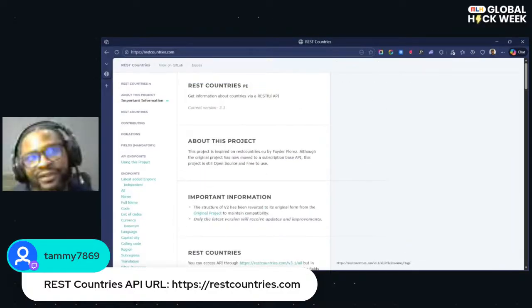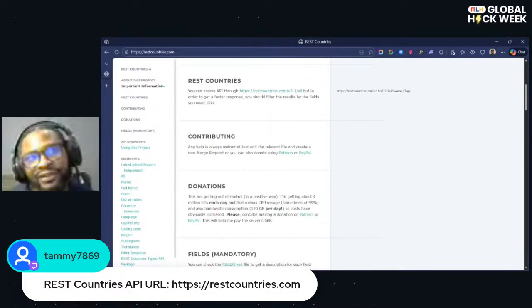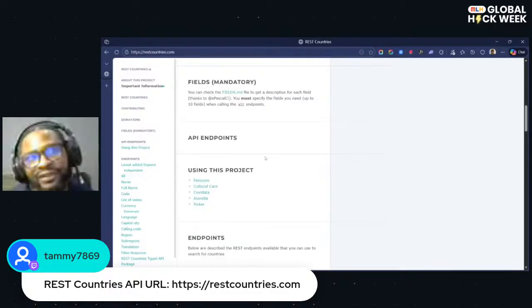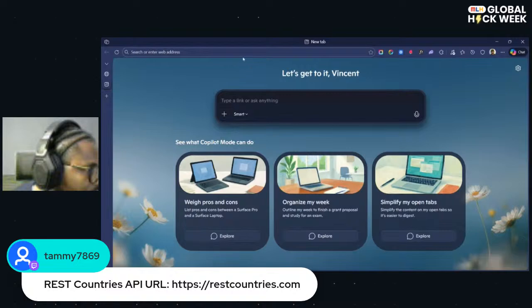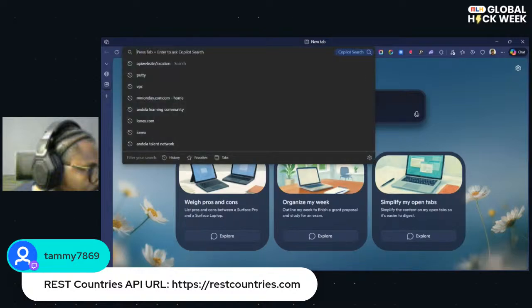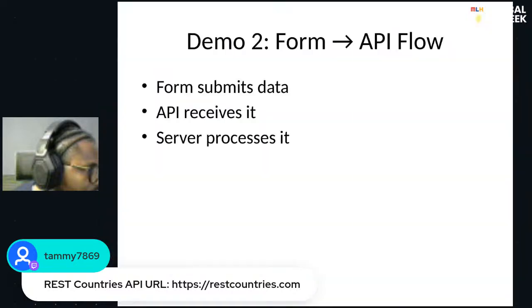So this is the REST Countries API. Let's look at the documentation. But before that, we'll come back to this. For now, I want to show you a little bit of an example of a demo where we submit a form and there's an API flow. I just want us to take a look at when we're creating